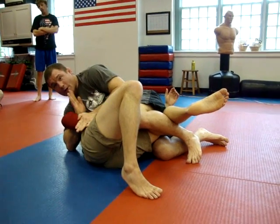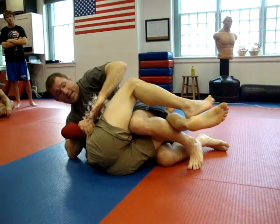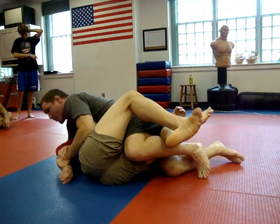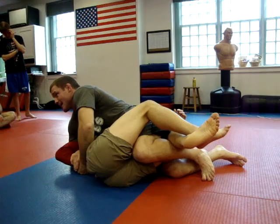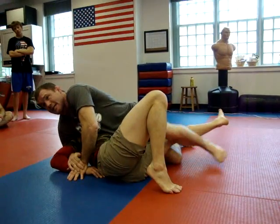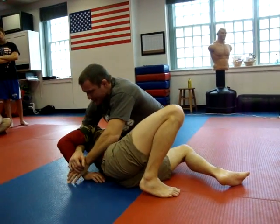The first thing I want to do is lock it up and pull it up. He's got some strength when he's got the arm on his leg or on his body. So the first thing I want to do is lock it up, pull it, and put it on the ground. I don't care if he puts it behind his back. It doesn't matter to me what he does. As long as it's not on his body, I'm going to be fine. Take my leg out, step over his head, and I always say, make him